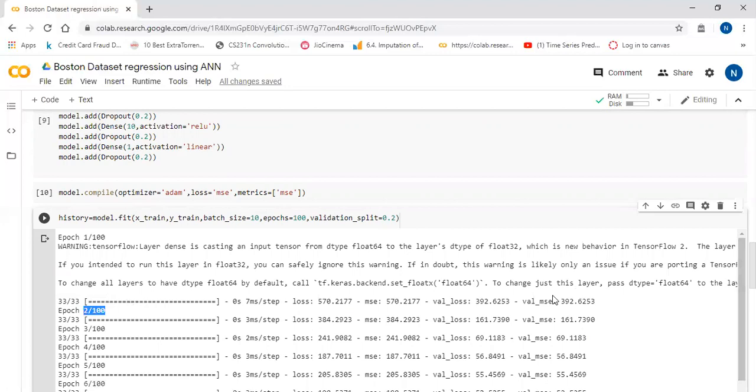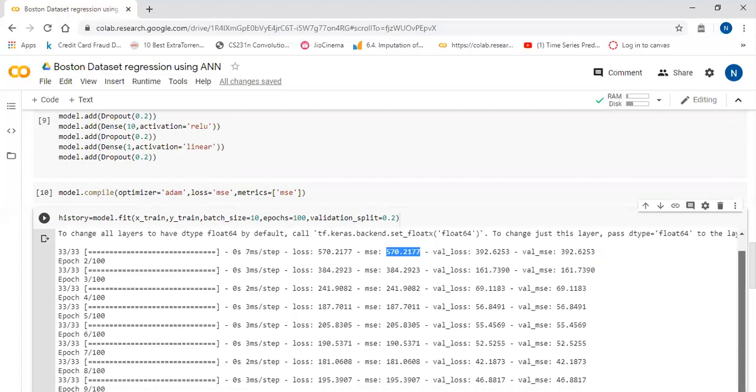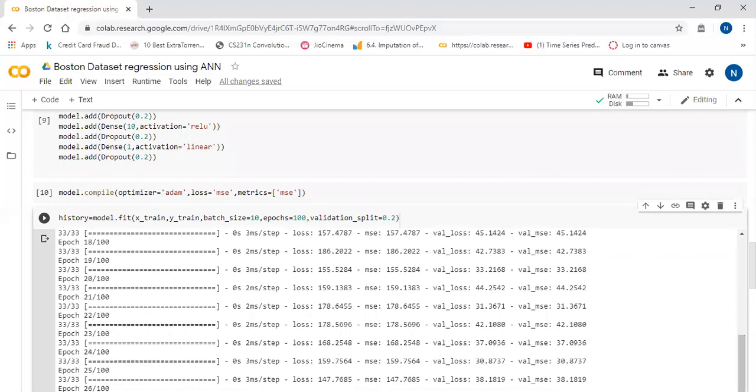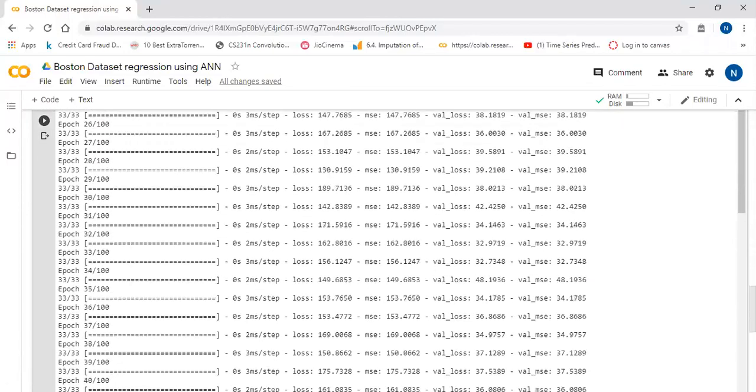The first epoch validation loss is around 392. Validation mean squared error is also 392. In the same way, the training loss is this, and then the training mean squared error is this. As the number of epochs increases, our mean squared error value is going to decrease.